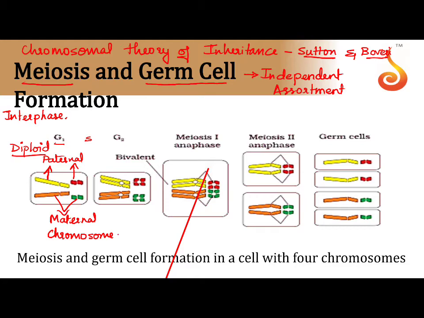Now, just before I begin, one quick understanding of what chromatids are and what chromosomes are. Chromatids are part of chromosomes, and how do you count the number of chromosomes? A trivial method: you could just look at how many centromeres are present. The number of centromeres is equivalent to the number of chromosomes. Here I have shown you two sets of chromosomes, one from paternal and one from maternal.